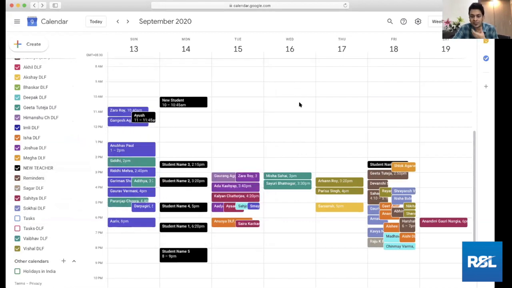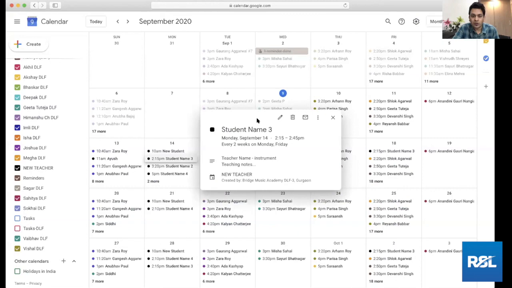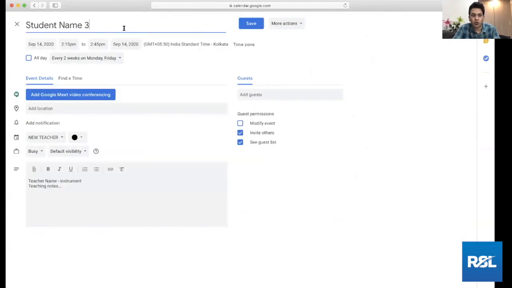Now, suppose I want to see how many classes in this month, in the month view, have been cancelled by the student, or informed cancellations. What I have very cleverly chosen to do for my own academy is I'll go to search and put a code. For example, let me go to the new student. Where is this new student here? I'll edit this and put in a code, say #77.